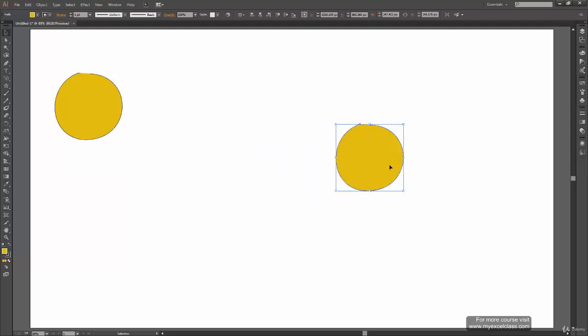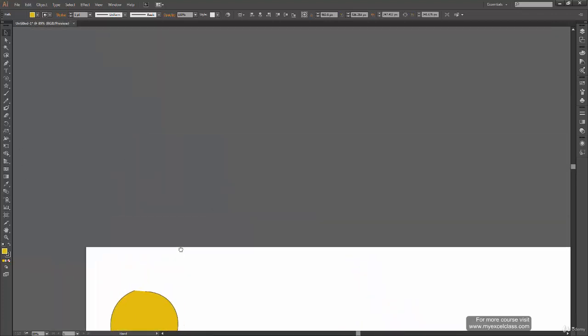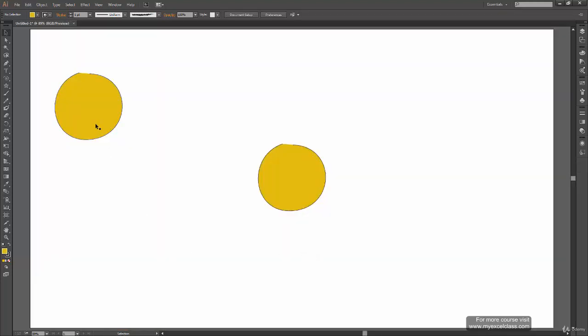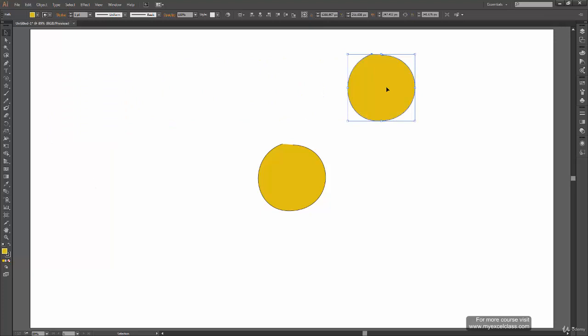Now whenever you paste any shape, it by default pastes to the center of the screen. So if I move somewhere over here and press Ctrl V, you can see it by default pastes to the center of my workspace or center of my screen. If I want to paste at the same location from where I copied, let's say I copied from here and now I moved my original shape, and I want the copy to be created at the same place where my shape was, what I can do is press Ctrl Shift V, and it will be pasted at the original position of the source.